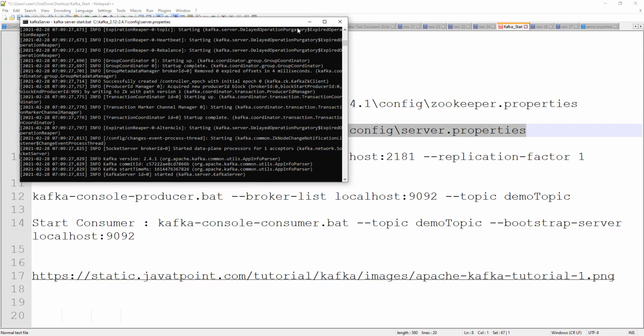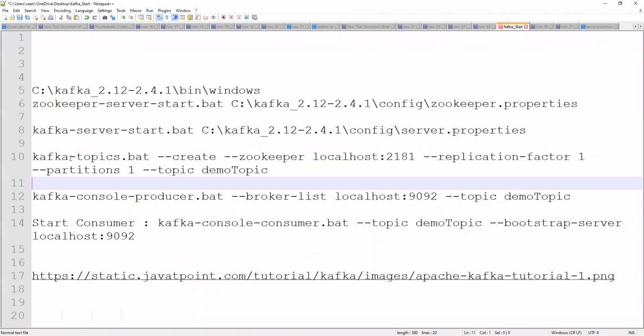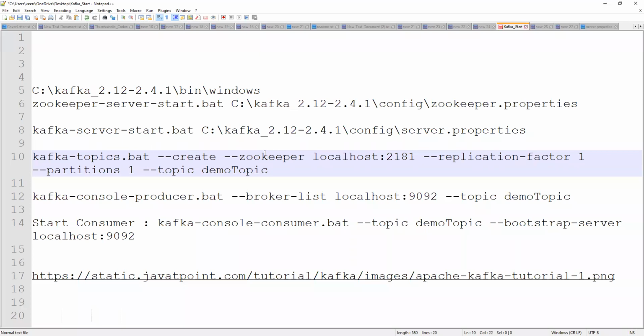So once we have the Kafka server on top of Zookeeper, you can create topics now to store data via the producer. Then the consumer will automatically consume. So now you can create a topic. Here, kafka-topics --create --zookeeper on top of Zookeeper. This is the localhost, we'll work on the Zookeeper.